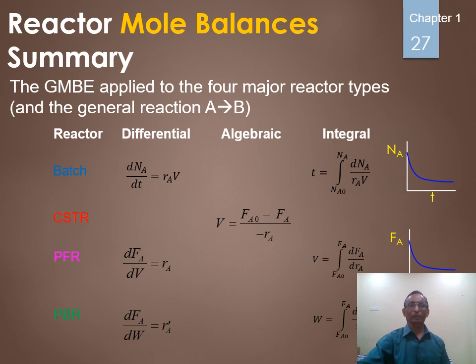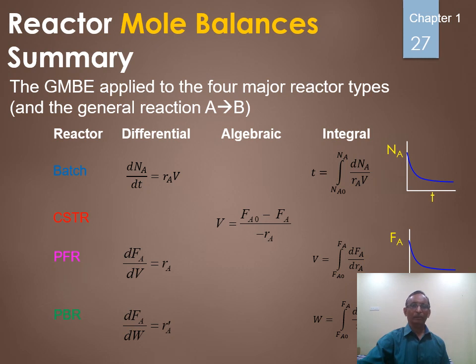For the general reaction, consider A gives B. A disappears to form the product. What general equation do we get by taking help of the mole balance? The mole balance equation is Fa0 minus Fa plus the integral of Ra dV equal to d dt of Na. For a batch reactor, it is 1 by V dNA by dt equal to Ra, and everywhere it is Ra. This way you can also remember Ra is equal to 1 by V dNA by dt.